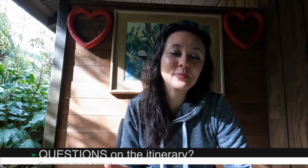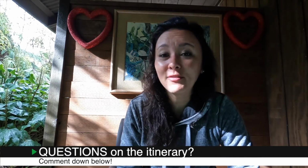But I hope this helps you guys if you do decide to do this trip, and if you have any questions, feel free to leave them in the comments down below. But of course, one thing I definitely recommend above all else, make sure you do stay on the paved trail. It's completely pitch black out there, and if you get lost in the lava field, like,